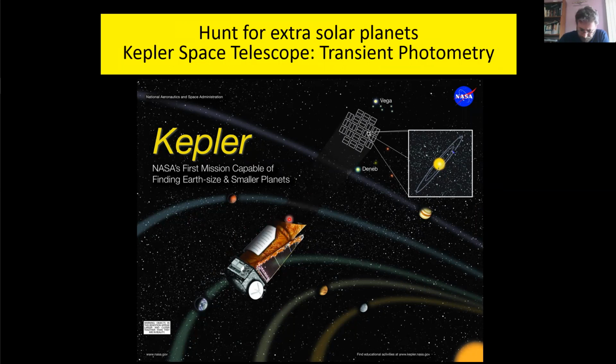And Kepler was basically always looking at the same place in space, between Vega and Deneb, always pointing at them. What also means it had to be constantly readjusted. Because it's in the gravitational field of the Earth, it moves around with the sun. One can bring it to the Lagrange 2 point where it's a bit more stable, but nevertheless,